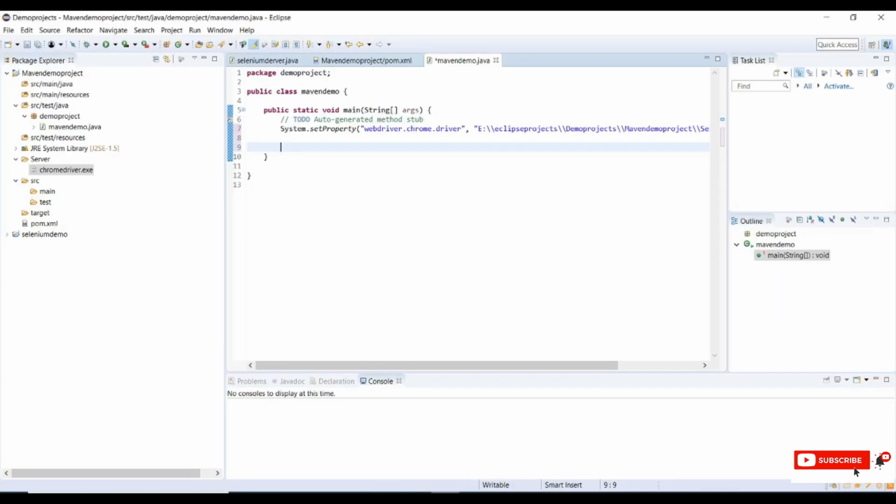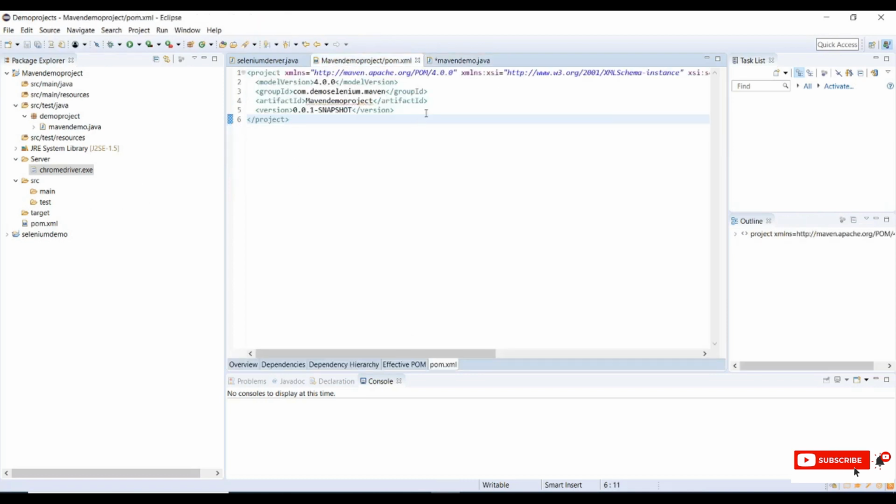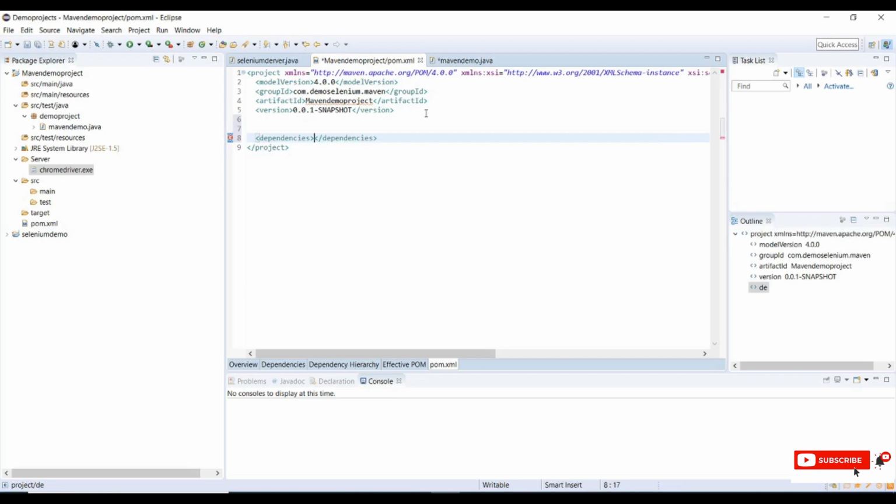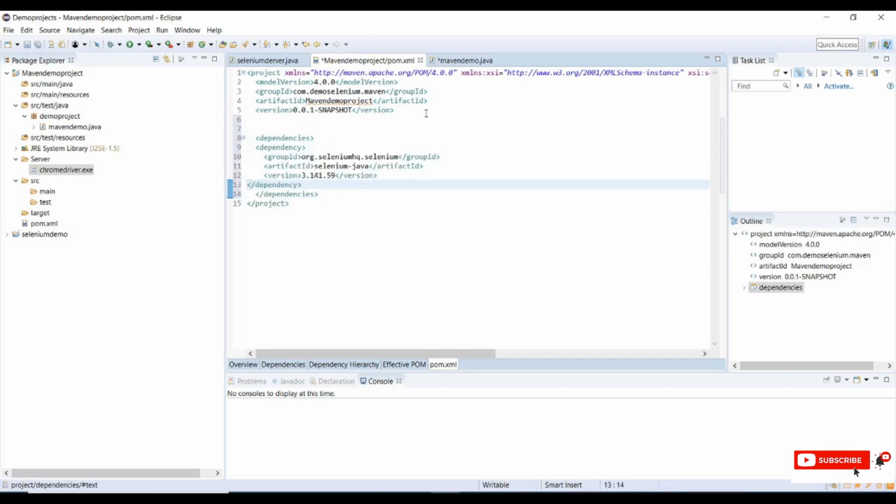Open Eclipse again and go to pom.xml, and all dependencies in Maven are under the dependencies tag. So this is a dependency open and dependency close. In between this dependencies tag, we need to add our dependencies.